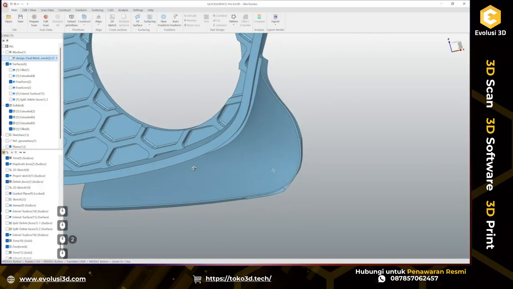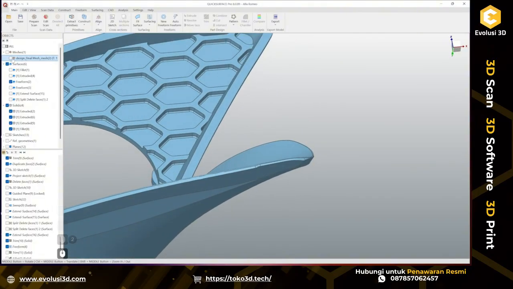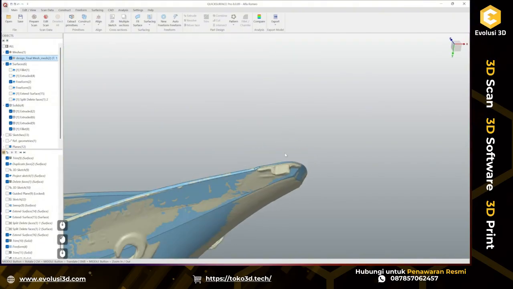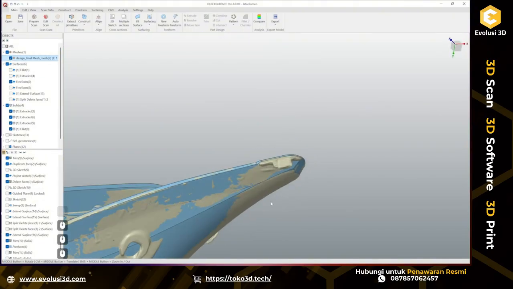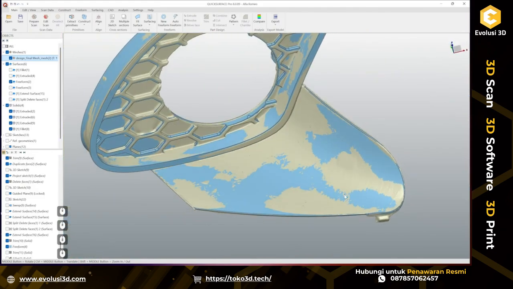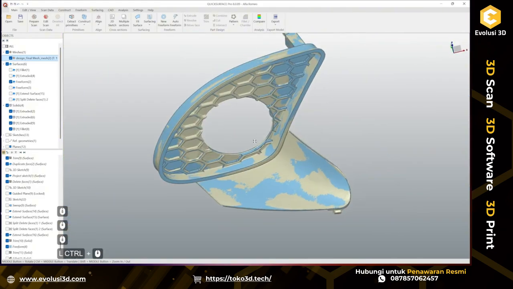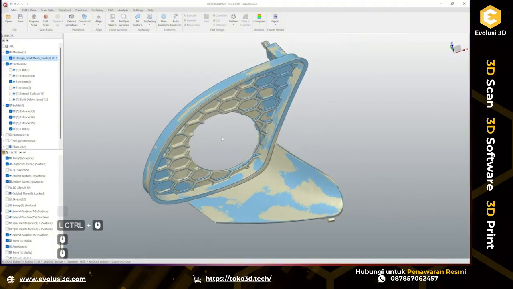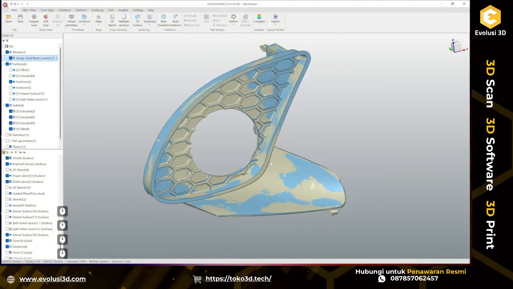Here we can see this final result. Of course, we still have some small features here, such as this tab and this indent here, but for now I'm just going to skip them. So this was a general demonstration of how we can deal with main surfaces, how we can construct trimming surfaces and things like that. So all these small features that are left here are just prismatic parts, and it's quite simple to reverse